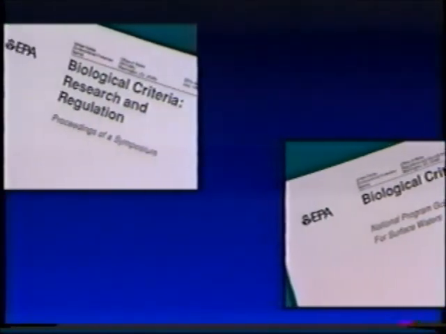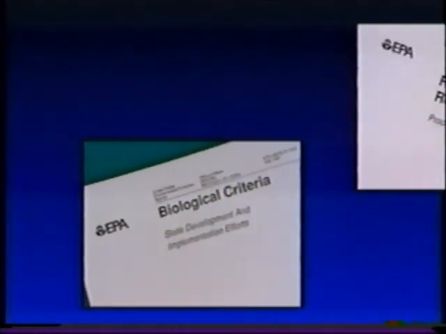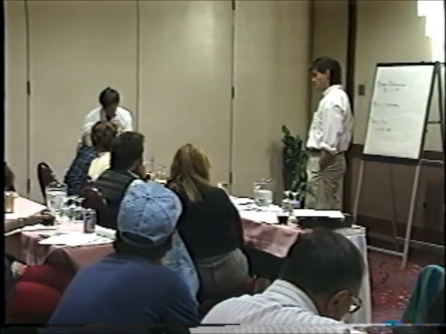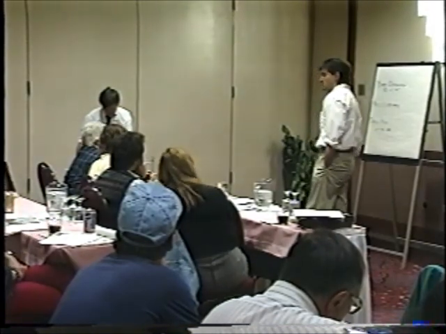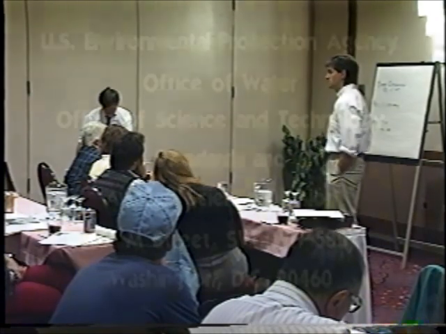Biocriteria are an important addition to a state's water quality management program. This will become increasingly apparent as more states incorporate biocriteria into their water quality standards. The EPA develops technical guidance and other information to assist the states in meeting the requirements of the Water Quality Standards Program. These informational materials are augmented by technical assistance workshops and individual consultations.